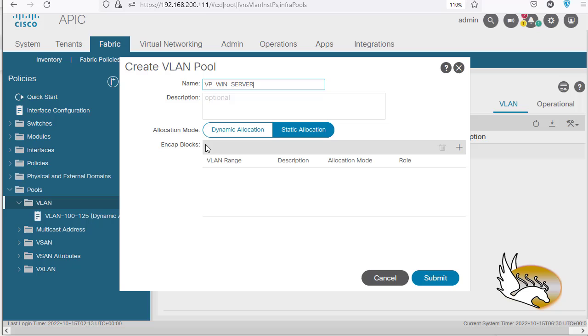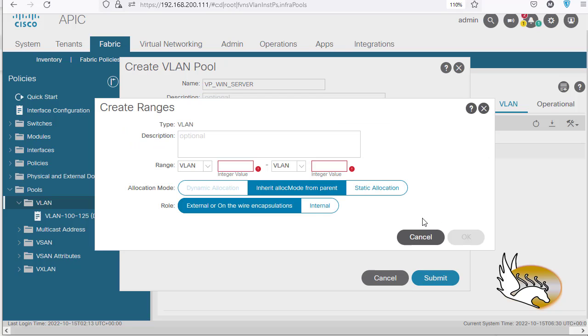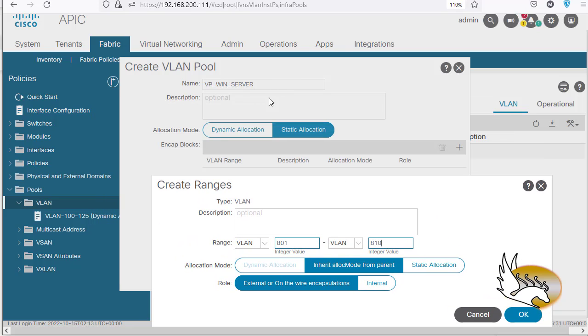Now it says what are the block of VLANs that you're going to assign to this. I'm going to click on this plus sign, and you can see that the type is VLAN. The range is from VLAN something to VLAN something. And I'm going to say VLAN, let's say 801 to 810 is going to be assigned to this Windows server. And here it says what is the allocation mode. Dynamic is, you can see that this is a child of this